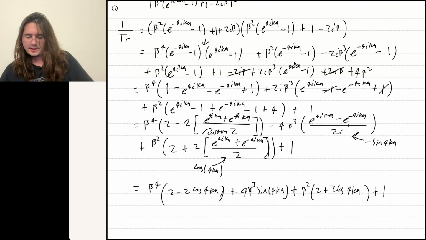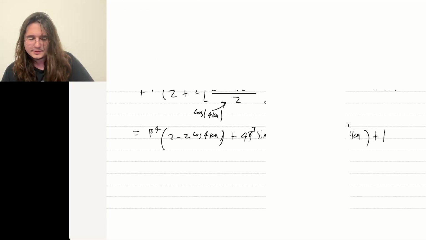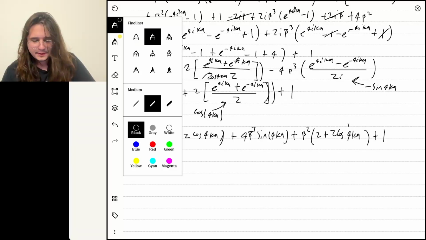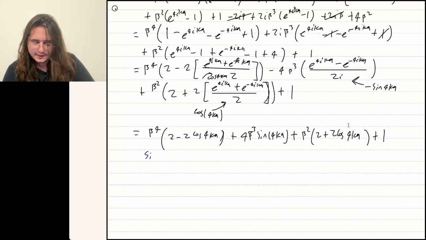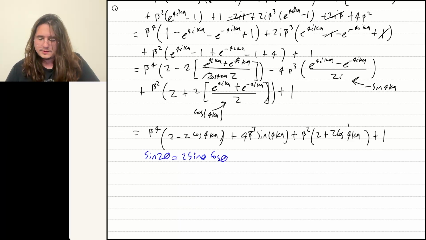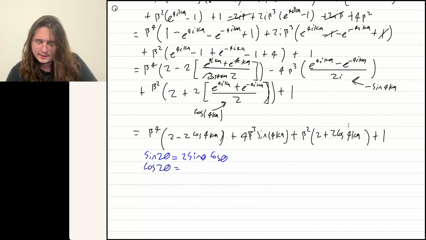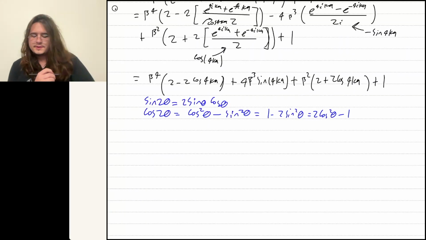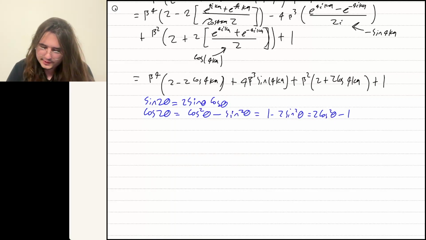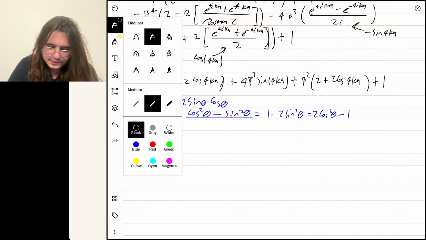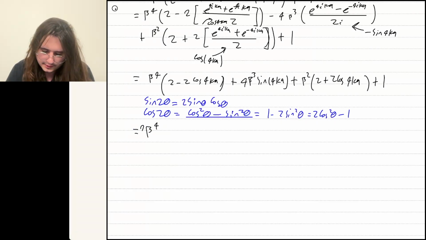This is really funny because now we get to use some trig identities. So trig identity number 1. Did you know that sine of 2 theta is equal to 2 sine of theta cosine of theta? Also, did you know that cosine of 2 theta is equal to cosine squared theta minus sine squared theta? Yeah, this problem is actually pretty heavy on the algebra side. Let's just plug this form of the equation in to both places on the transmission coefficient equation. So we got beta to the fourth, all times 2, 1 minus cosine squared 2Ka